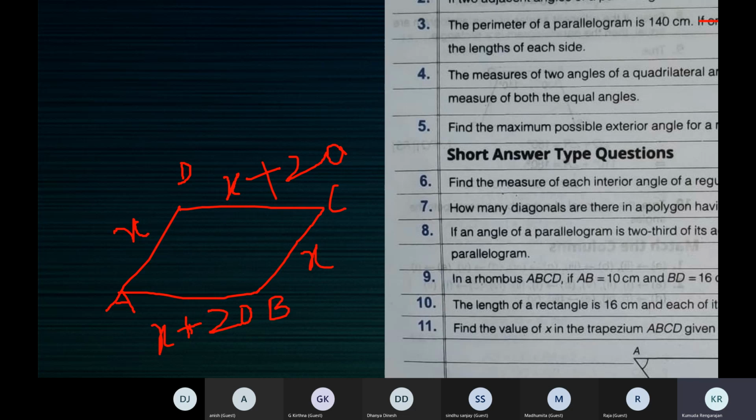Some of us will guess the answer. No, steps are important. You should know how to present the answer. Maybe just by using the numbers, you can guess, since the difference is 20. But the procedure you use to guess should be presented in the form of steps. So if you have just guessed the answer, please make sure that you complete the working like this in your book.